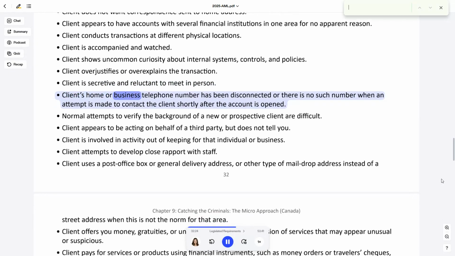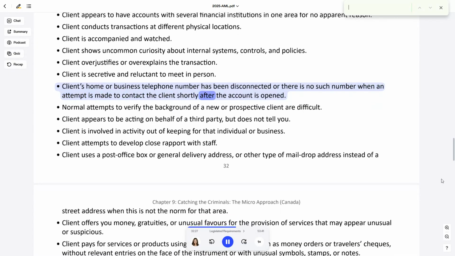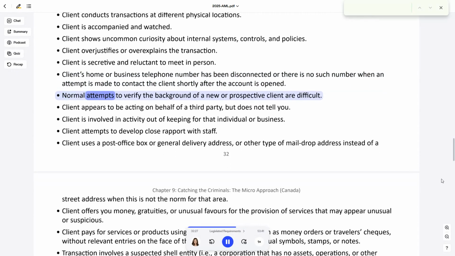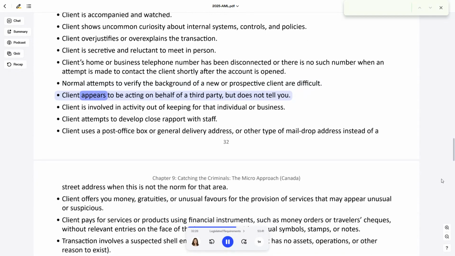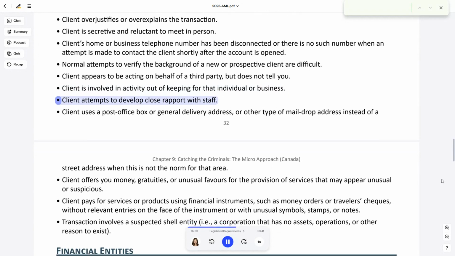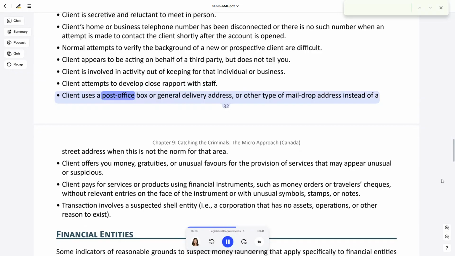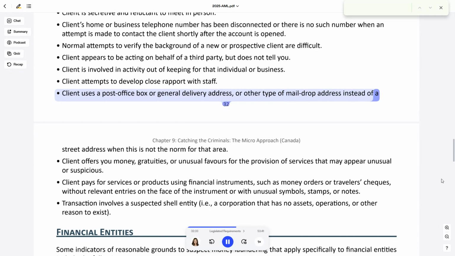When a client's home or business telephone number has been disconnected, or there is no such number when an attempt is made to contact the client shortly after the account is opened. Normal attempts to verify the background of a new or prospective client are difficult, and the client appears to be acting on behalf of a third party, but does not tell you. A client is involved in activity out of keeping for that individual or business. A client attempts to develop close rapport with staff. Client uses a post office box or general delivery address, or other type of mail drop address instead of a